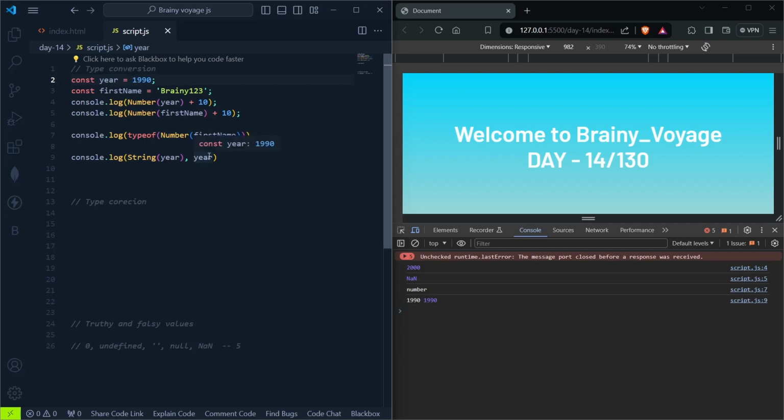And here, year, which is a numeric value, shows in the console with a blue or violet color, whatever the color might be. This is the representation of a number, and this is the representation of string values. This is how we do the conversion from one type to another. But you should remember that the initial values are not going to change their type. Here we converted the numeric value to a string in this specific case only,